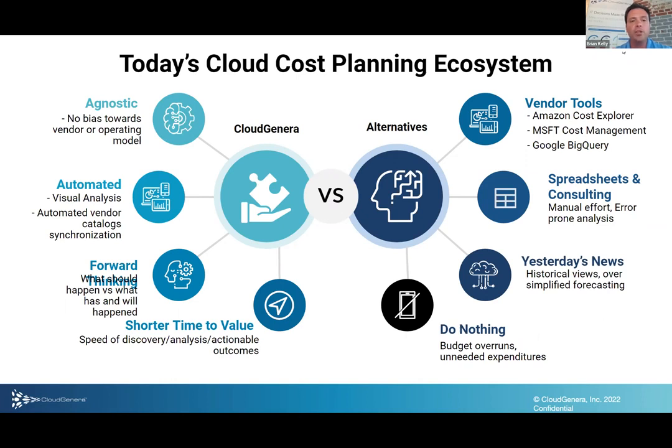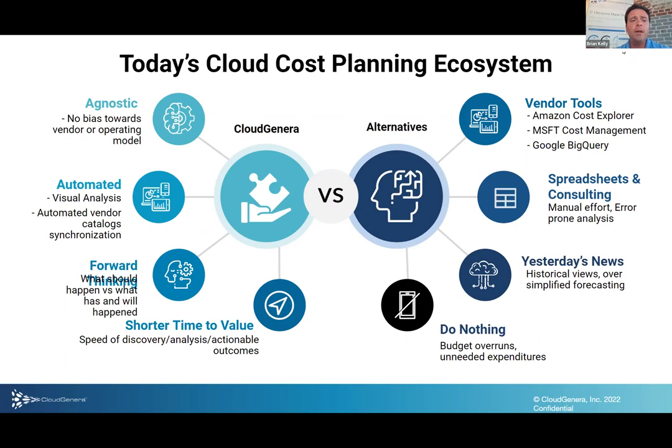CloudGenera also envisions a world where this type of analysis can be automated. You shouldn't need to stitch together multiple tools and manual process and manual effort to determine if you're getting the best value for your spend, to determine if you've planned appropriately for the expenses you're going to generate as a business. So CloudGenera provides visual analysis that's automated, including automation around staying current with what the providers are offering in